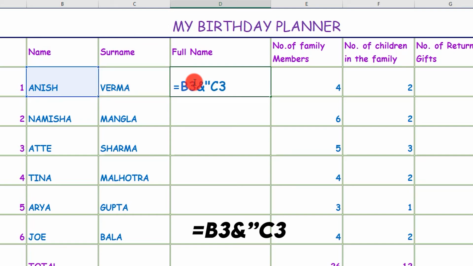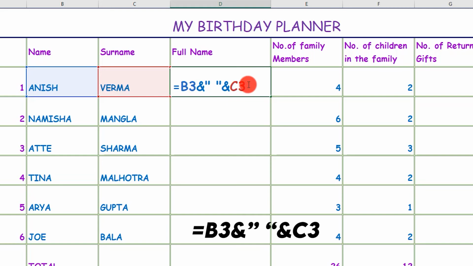This gives me one double quote. Now this double quote also has to end. I'll give a space and I'll end the double quote, again shift and the quote key, and then the ampersand. Ampersand is shift and 7. So this marks the beginning of my space, this marks the ending of the space. We have taken the contents of the B3 cell, joined them with the space, which is joined with the contents of C3. Right children, this is what this formula means.